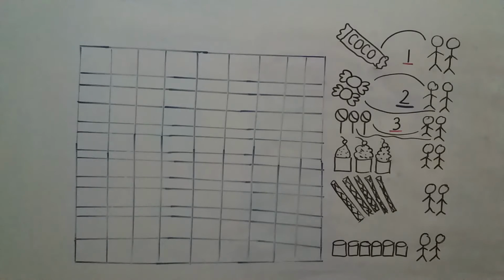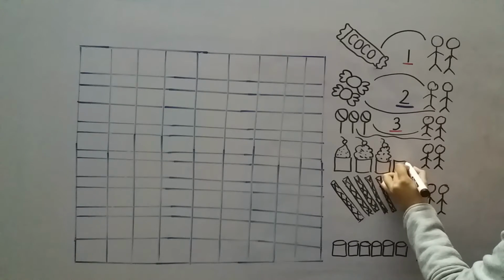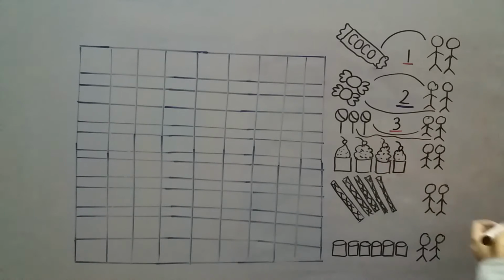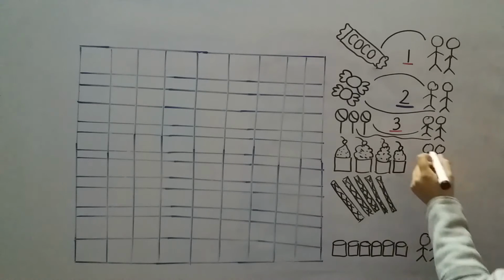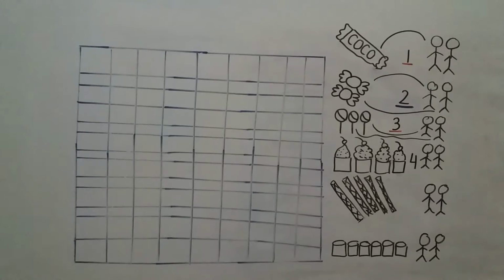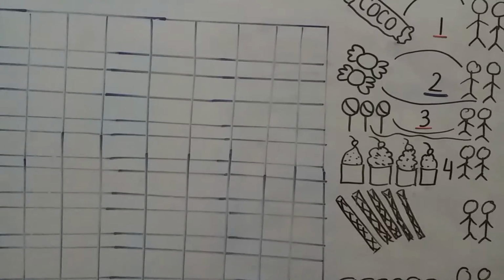Now let's do the other example. Oh, I have one cupcake that is less. Let's draw one more cupcake over here just to make it a little bit better. Now, how many cupcakes do I have over here? I have 1, 2, 3, 4. There were 4 cupcakes. And how many students did I have? I had 2 students. If you are not able to see it clearly, let me zoom it for you.